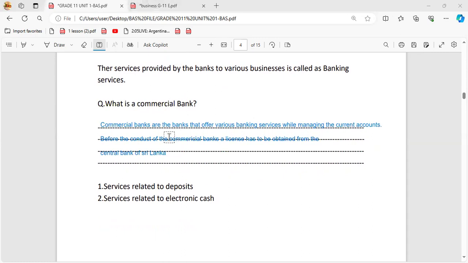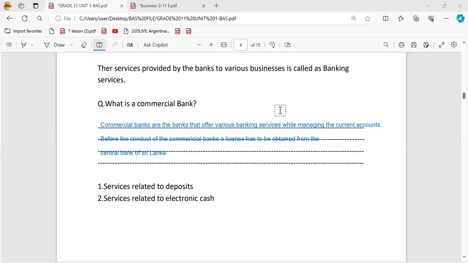Commercial banks: Sampath, BOC, People's, NSB, all those are commercial banks only. Some people think that commercial banks are blue color only, not only that blue color bank, right? Commercial banks mean all the banks other than our central bank. The central bank is the main one, which is controlling the economy of our Sri Lanka.